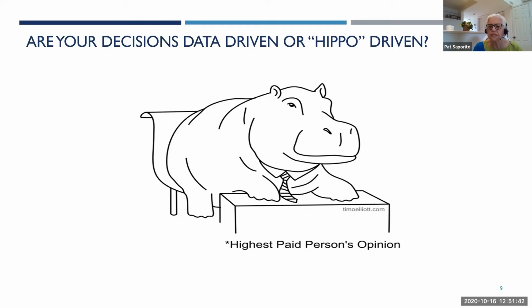And Rich, let's take a poll here. So my question for you is, are your organization's decisions data-driven or hippo-driven? We'll see how many participate, and let's see what the numbers come out to. Okay, data-driven is taking the lead. It was different before. It kind of shifted a little. It's kind of fun to see the numbers shift. Okay, well, good. We've got 20 people on the call, and 85% are data-driven, and 15% are hippo-driven. Maybe it's shifting a little.